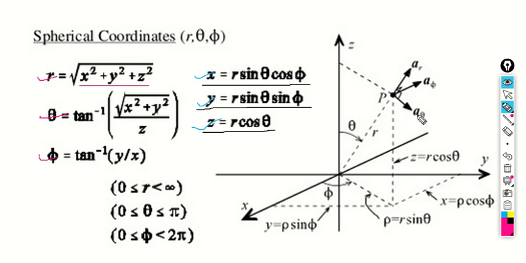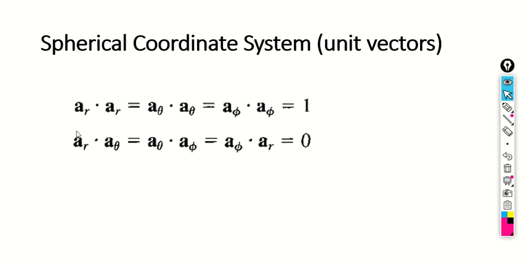So these are the three unit vectors. One AR, that is perpendicular to the sphere. Second A theta, it is perpendicular to the cone which is formed around Z. And A phi is perpendicular to the plane with value phi is equal to constant. So this is the plane with phi is equal to constant. So how the transformation can be done? Let us see. We will not be going into the details of derivations. We will be directly observing the unit vector relationships as in cylindrical coordinate system and the matrix form.